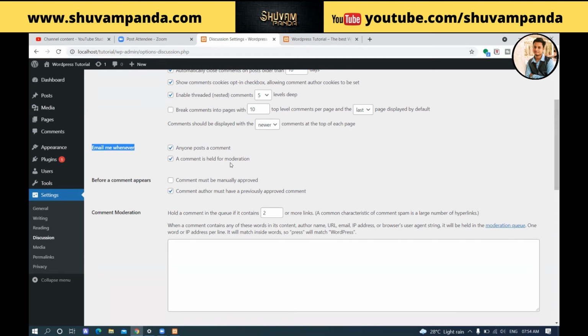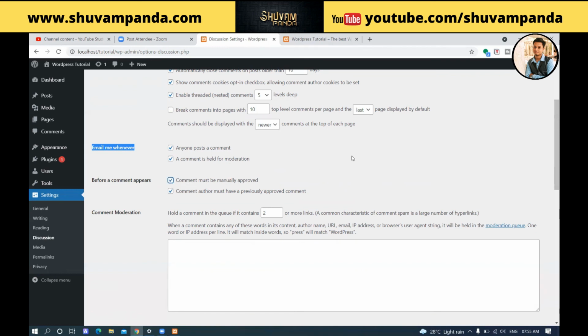And there is comment held for moderation. If any comment is spam or looks like spam, it will not post directly, it will be held for approval. As in the dashboard you have seen that there is a comment that has not been approved. So if there is any spammy activity, it may be put on hold for approval. Before a comment appears on the website, the comment must be manually approved.